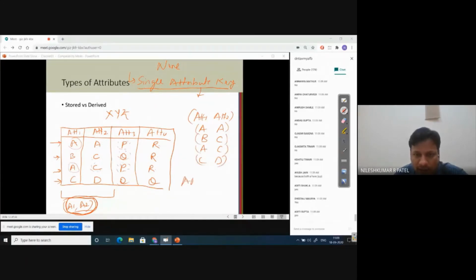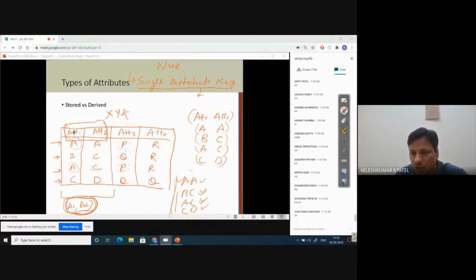So you can read like this: AA, BC, AC, and CD. Do we have repetitive entry? AA nowhere available, BC nowhere available, AC not available, and CD not available, right? So answer means what? It is possible when we combine attribute 1 and 2, it can become a key attribute. So answer is yes, right?